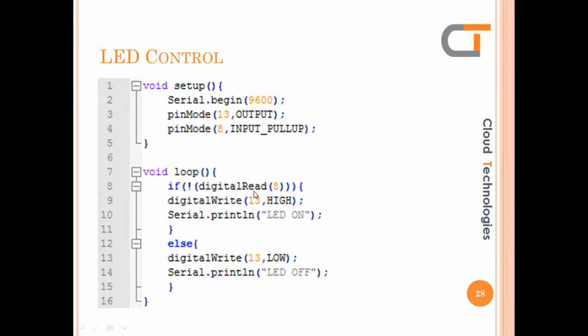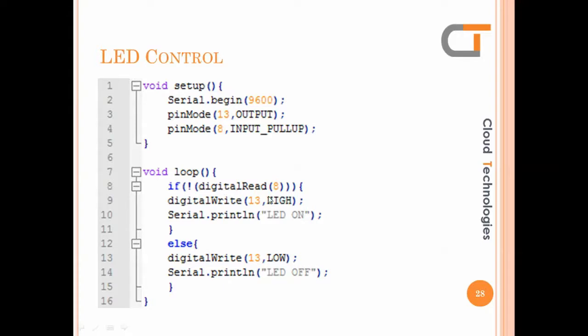Suppose the switch is not pressed, then the returned value of digitalRead is 1. So not of 1 means 0. So the if condition goes false, then control goes to the else part. Here we are making the LED off, and printing on the console as LED off. So it goes on iteratively. It will check every time whether the switch is pressed or not.